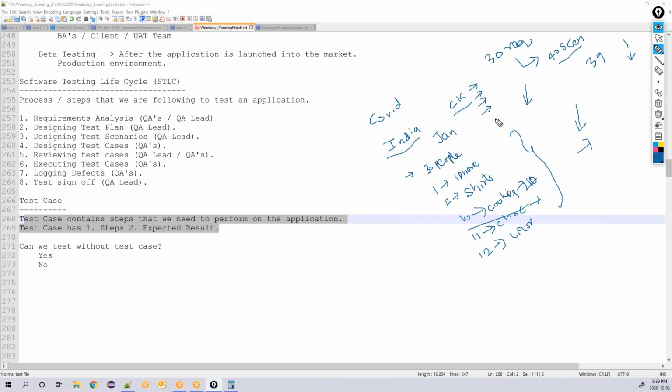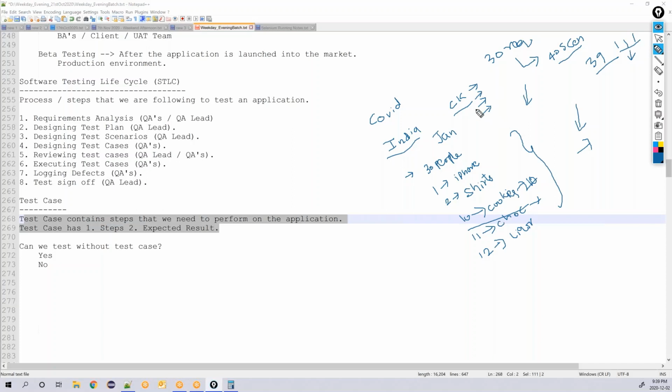So I have all the items to be purchased. If items are available, I can shop. If any of the items is not available, if that product itself is not manufactured, then I cannot get that item. Similarly here, if everything is developed, I can test it because I have a checklist prepared with me. If something is missed, I have a reason: yes, this particular feature is not yet implemented. That is the first thing.